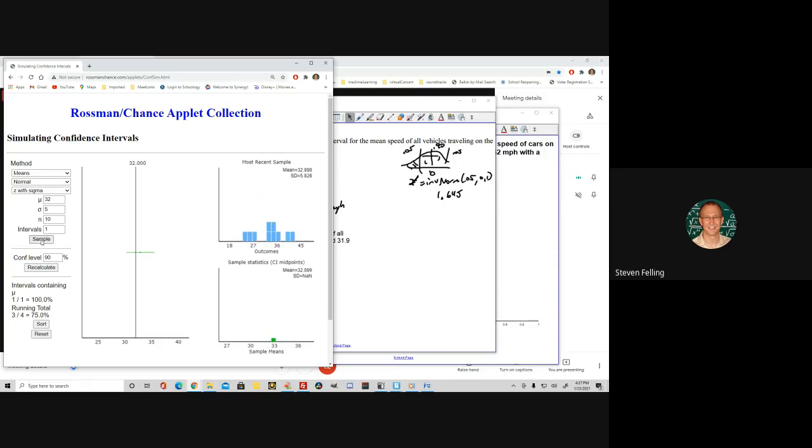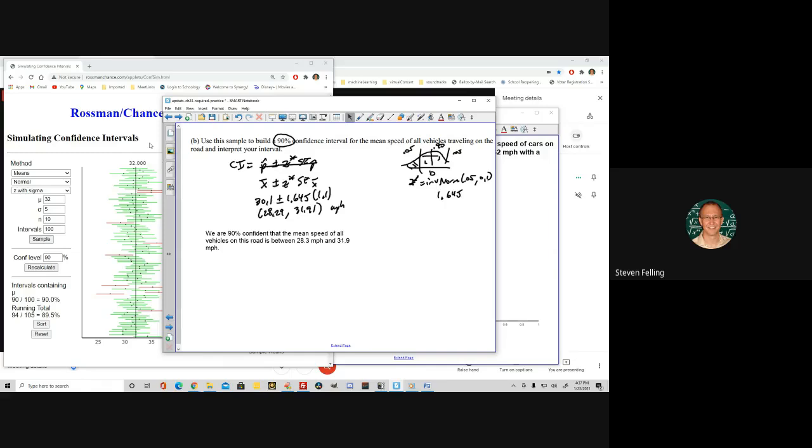If I were to do that over and over again, in fact, if I were to do that 100 times, I could see that a lot of those intervals are capturing the true population value, but some of them miss because they just have to be unusually slow cars or unusually fast cars. But if I look at the percentage of these confidence intervals that capture the true value, it's very close to the 90% that we set for our confidence interval. Okay. But the problem with this is that